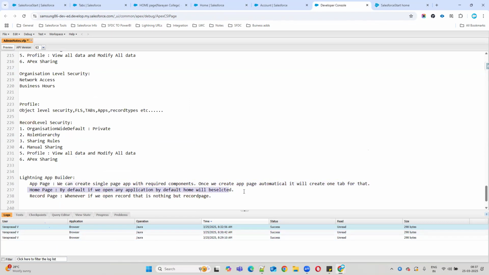Home pages we can create because sometimes we have to differentiate home pages based on the application. For the school application, you have to show a different home page. For the sales application, if you want to show a different home page, then you can create it. It's possible. In real time also, we can create multiple home pages based on the application. But record page is mandatory in Salesforce, right? For example, now,